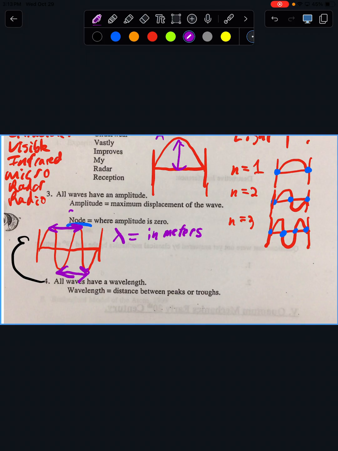As I referenced before, a lot of times we're going to deal in angstroms. 1 times 10 to the 10th angstroms is equal to 1 meter. So on the homework, you're going to have to convert from angstroms to meters first. What's an angstrom? It's a Swedish word that just means small unit of distance.